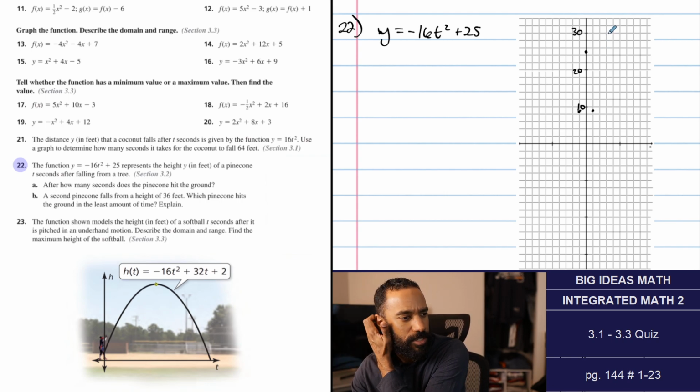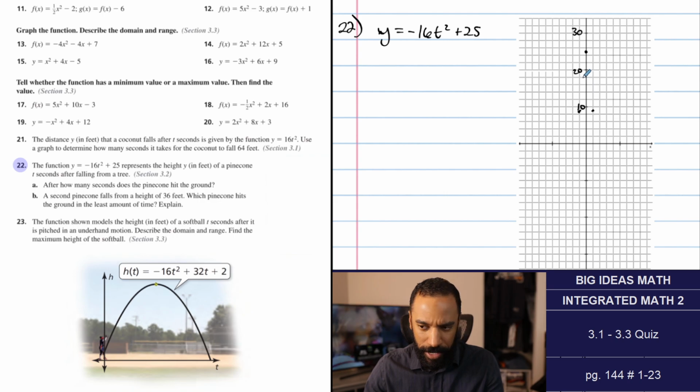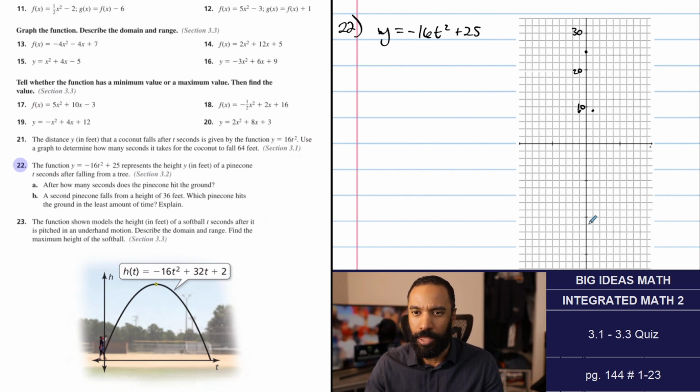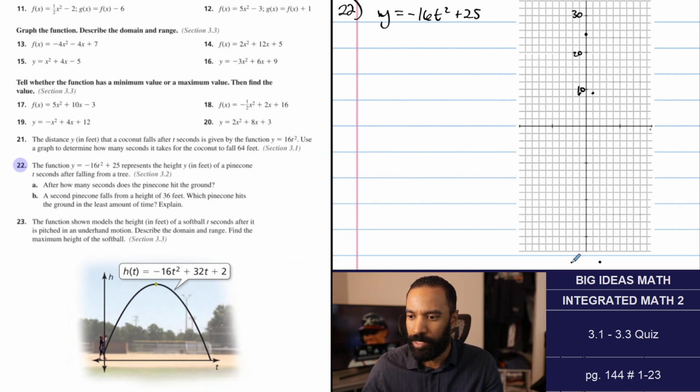So 25 minus 64, 39. Now this is only going to hit 34 here, so I don't know if I can really fit it. It's going to be kind of like off, kind of like that-ish, but it's going to be about what we have. Now my graph itself won't tell me exactly what it is,